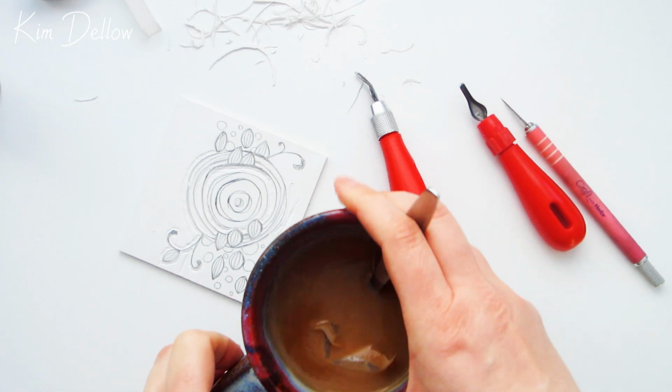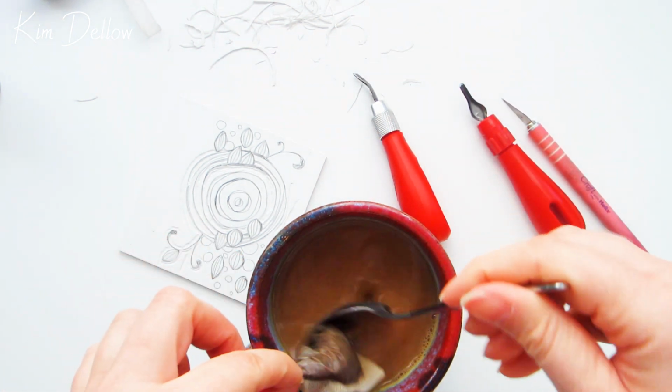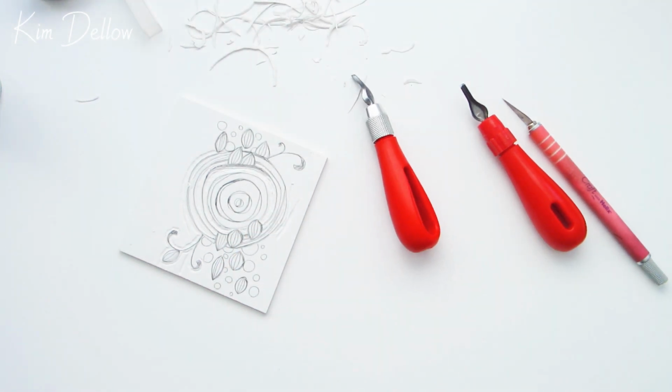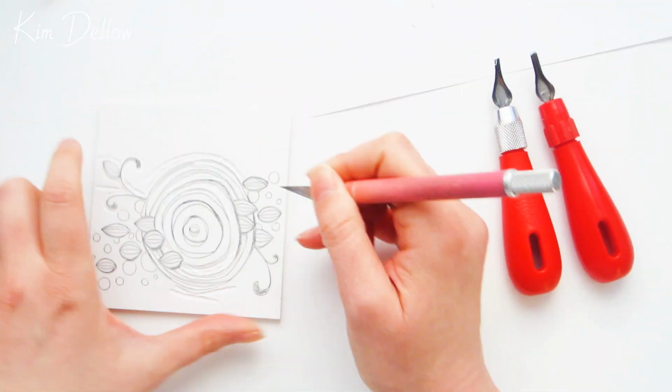Stamp carving is obviously thirsty work, so time for a quick tea break. And yes, I do like my tea very strong, sort of spoon meltingly strong. So as I keep on carving, I kind of get into a rhythm of it, and there's something quite meditative